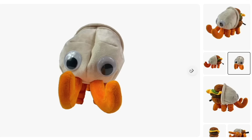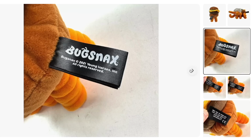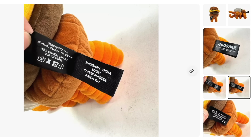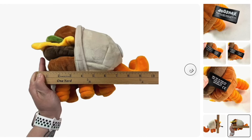I don't know. But whenever we were in Texas, we found this item thrifting, and somebody else said that they would buy it if I didn't want it because they just thought it was so funny. And I looked it up and it was a character from a video game, which is really interesting. So it's a Bugs Nax Bunger Garden Grove stuffed plushie. It's like a cheeseburger bug and it sold for